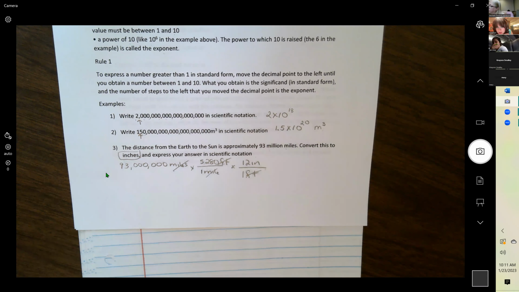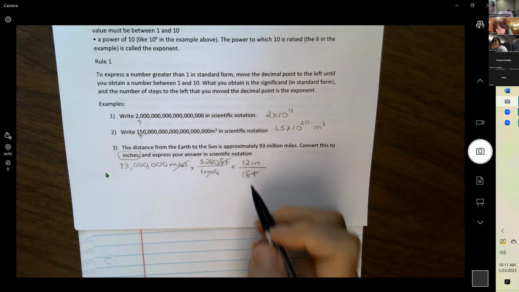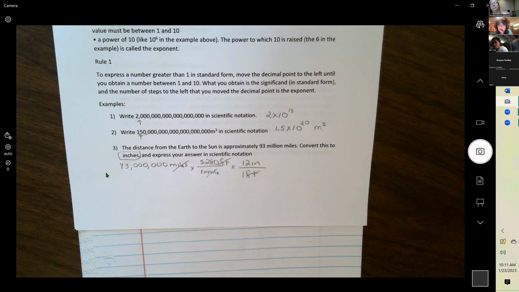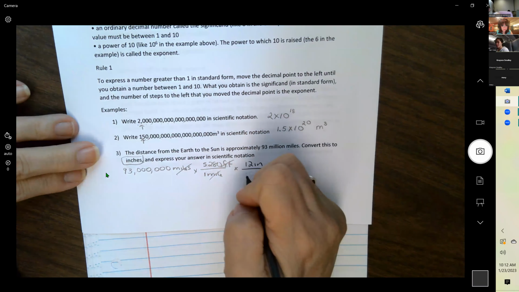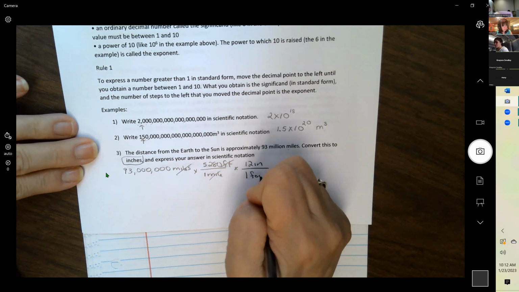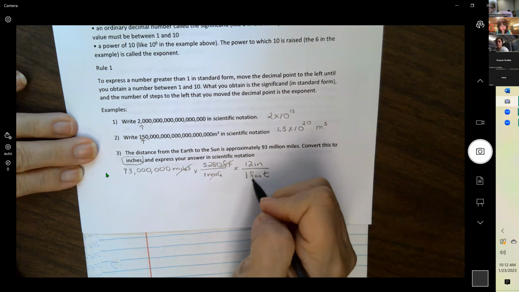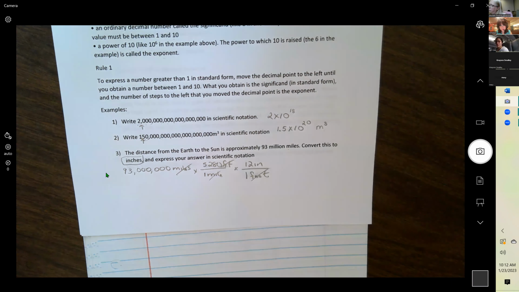What is on the bottom under the 12 inches? 1 foot. Thank you. And then this foot will cancel with this one. So on the bottom, we just have ones. On the top,